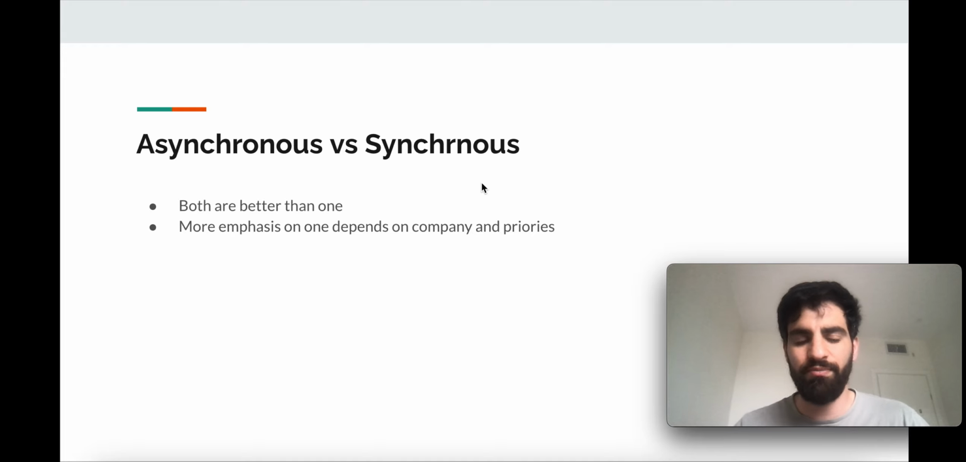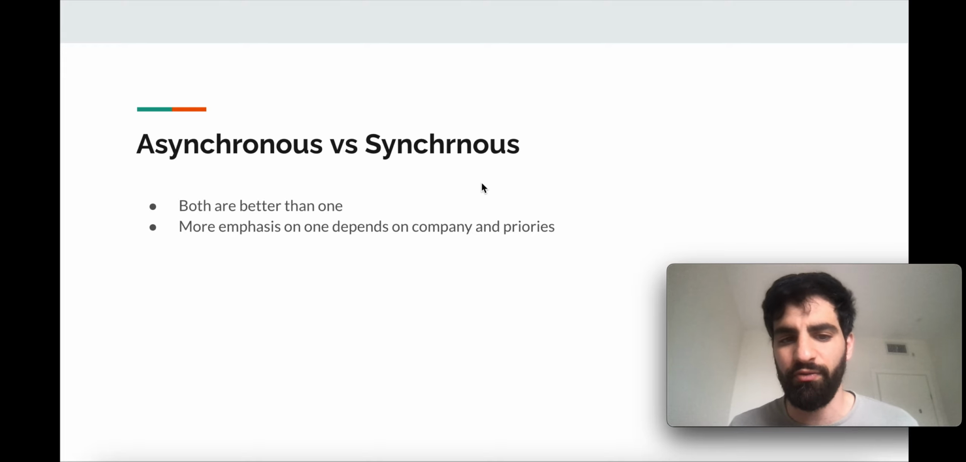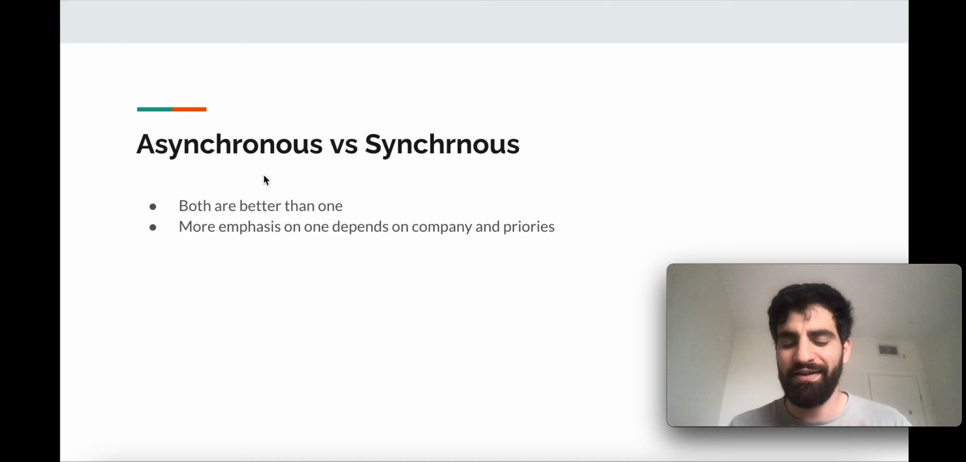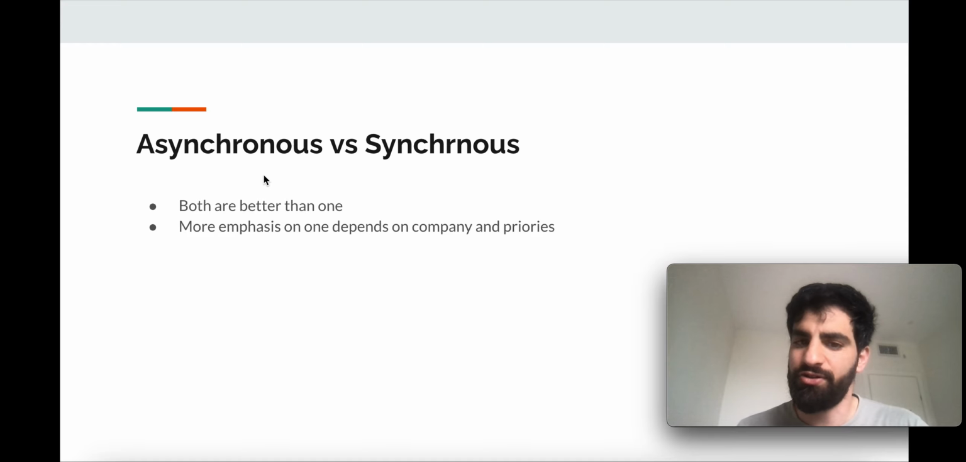So this allows you to cover both sides, and that's why I'm saying both are better than one, but more emphasis depends on the company and the culture and the priorities. Also misspelling, sorry about that. You have to take all those things into account, because you really want to balance the amount of friction with the amount of efficacy, and really ensure that you're getting the most out of your developers